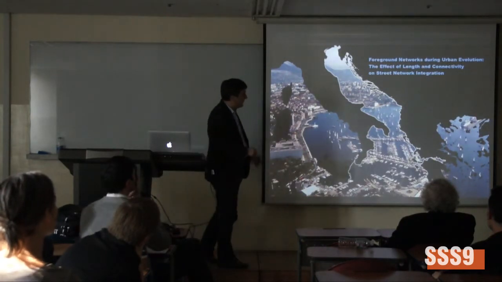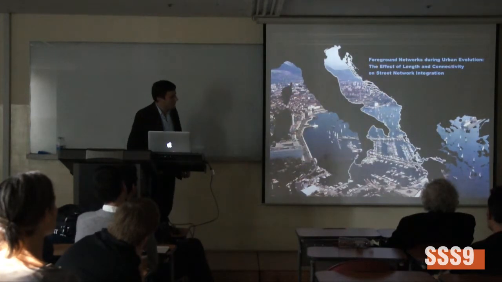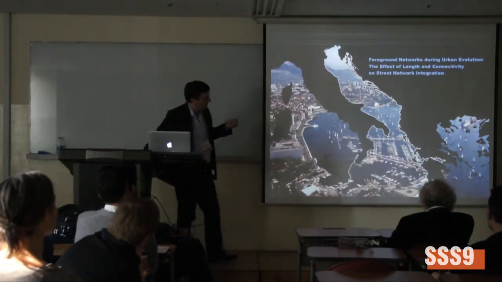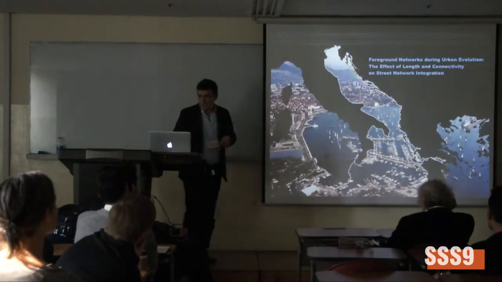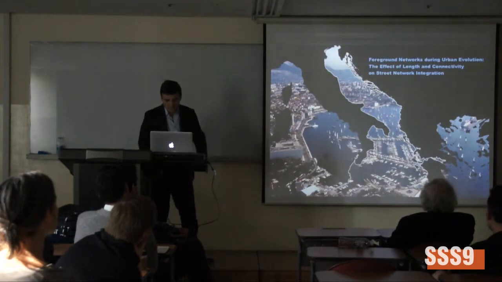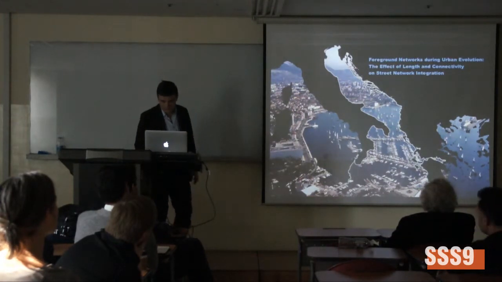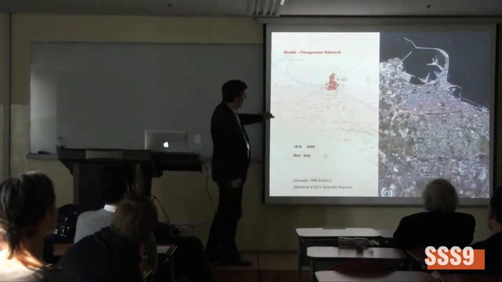I'm trying to explain the syntactic conditions in the city through a few lines, a minimal set of lines, those with the highest choice values, which I call here the foreground network. Now that's an important question because it has to do, on one hand, with the degree to which